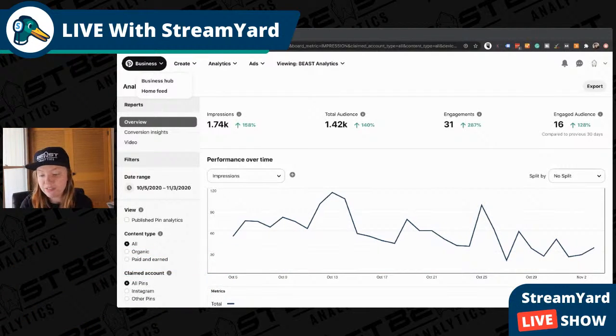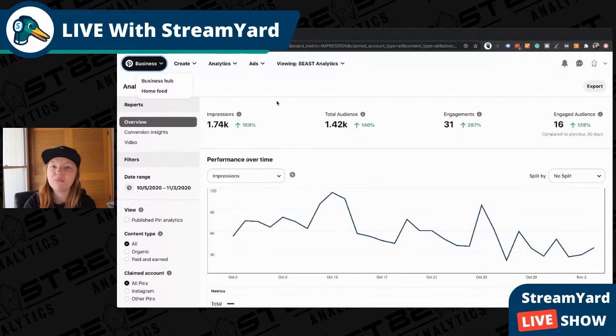So if you have a business account, then you get access to analytics, and it is a part of what they call the Business Hub. And that is what we're looking at right here. So you can see we have impressions, which is the same as across any other platform, right? But we also get our total audience, and that's the number of people that have viewed or